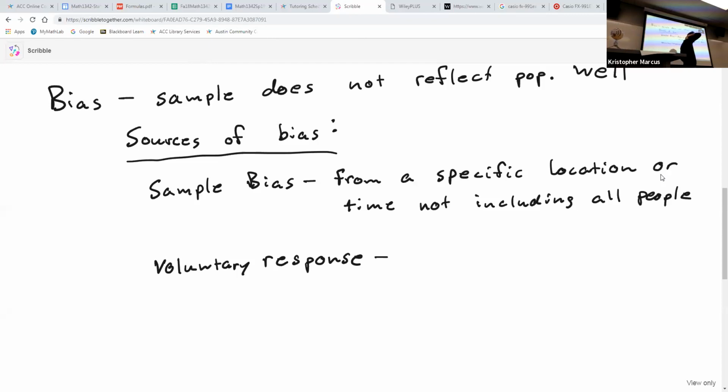Here's where this could become problematic. Let's say we wanted to go find out what percent of people wash their hands after using a public restroom. So we go grab a clipboard and a pen, and we go out here in the hallway, and we just stand outside the restroom doors. And what are we going to do? You can see how this is going to go, right? Did you wash your hands? Yes. Did you wash your hands, by the way? Yes. What are they going to be doing? They're going to be lying.